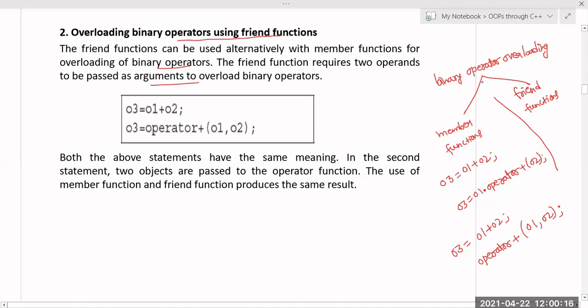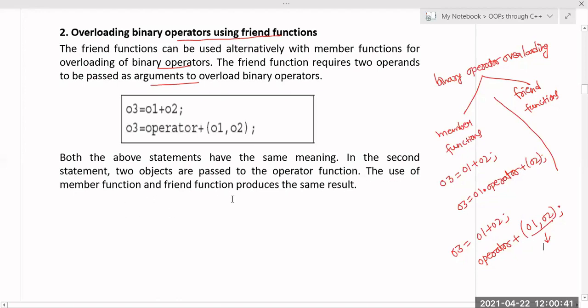Whenever I do binary operator overloading using member functions, this operator function will take only a single argument. But when I do binary operator overloading using friend functions, how many arguments will this operator function take? Two arguments. We will see that in detail. So in the second statement, two objects are passed to the operator function.